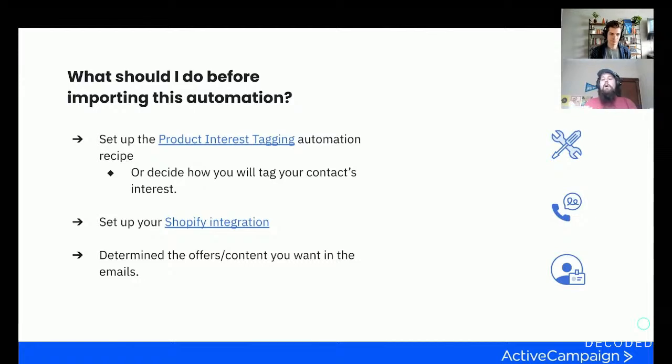But if you already use a different system, we're talking about different software today, and that via Zapier or via a developer on your team is already being encoded in a custom field or a tag, go ahead and don't do that double work. Just set that up as the way to figure out when people are interested. So again, a bit in the platform, a bit out of the platform, depending on how you do it, but get that set up.